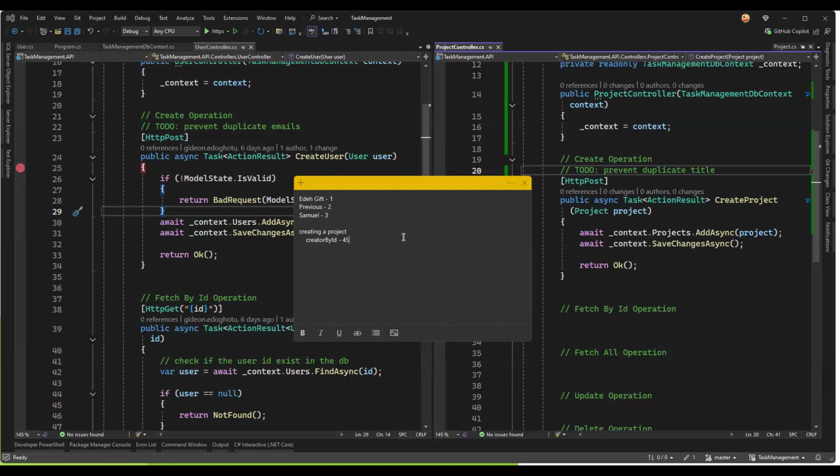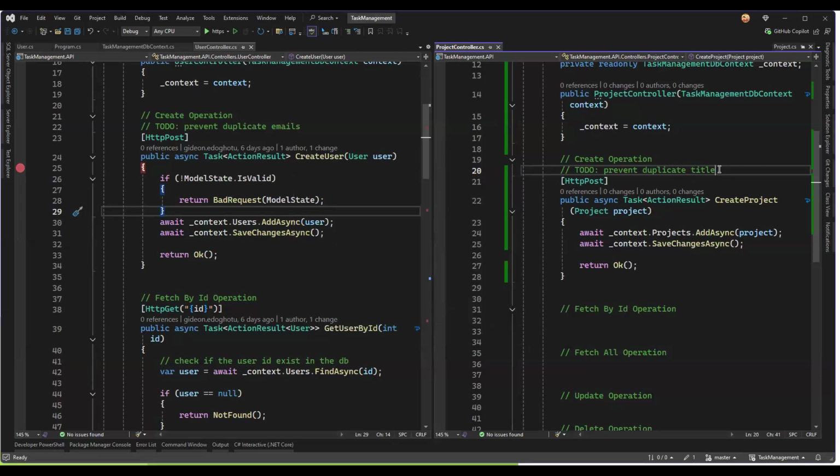So to avoid this, when creating this project, we are checking for 2 things. The first one is duplicate title. You are making use of the concept of if-else statement, right? So you check for duplicate title, and also you check for